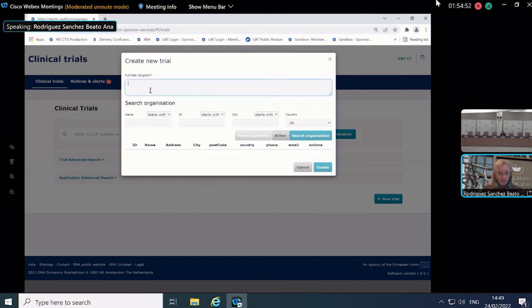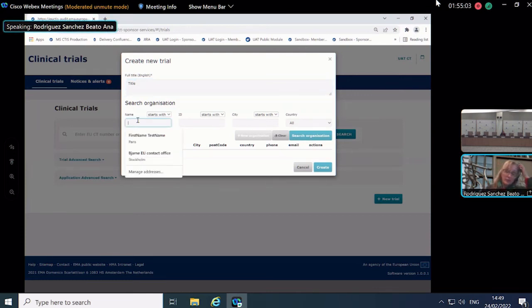So I will enter the title. And then again, I have to set the sponsor organization, because you are navigated to search in OMS to see if you find the organization, otherwise you can register a new one. But obviously the first step is to search in OMS. You see the new organization button is disabled until you have searched. So in this case, I'm going to choose an organization which is in fact my organization as user. You remember I was from this company test, which has not registered a sponsor administrator. So I click here on search organization.